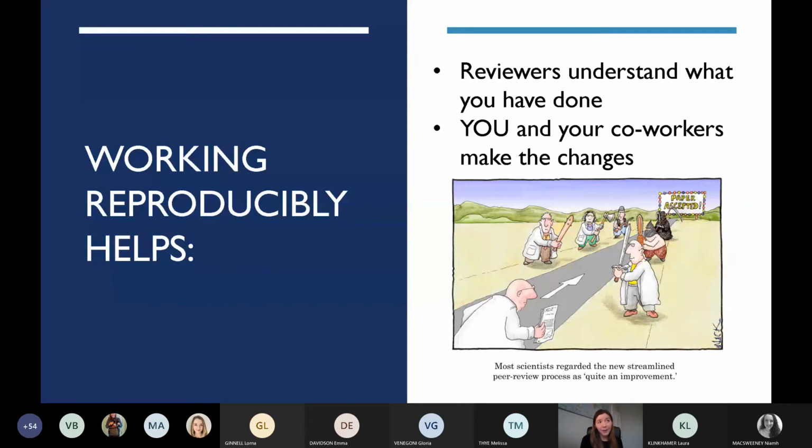Florian actually gave an example in his paper that a reviewer had downloaded all of his materials and data and rerun his analysis. I'm not sure how common that is, but as things progress and we use more of these literate programming tools where you can just click a button and rerun the analysis, I think it will become more common, and hopefully it will get everyone on the same page, help reviewers actually understand what you've done and open up real discussions about it. And it also enables you and your co-workers to make the changes that the reviewers suggest without getting as angry, because it'll be easier to change.